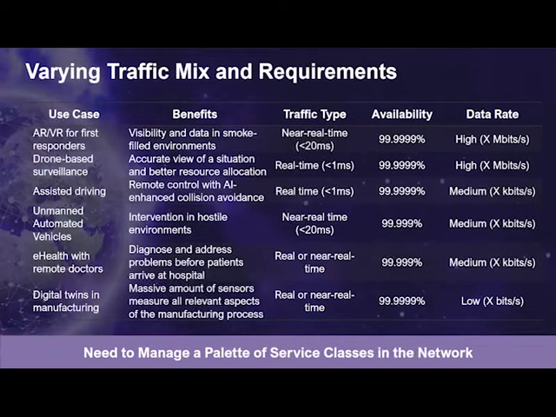Here we just summarize again the traffic mixes and requirements for some of the new use cases for the critical communication networks. As we can see on this slide, the availability requirements are still very high also for these new use cases, but also the nature of the traffic is in many cases real time or near real time.